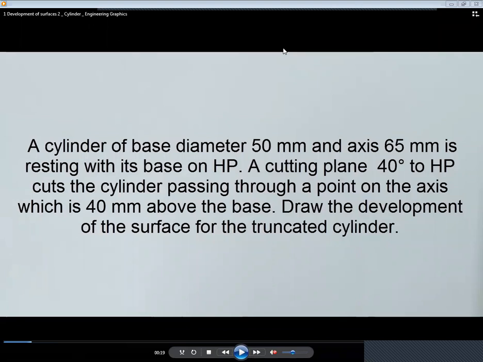The diameter of cylinder 50 means radius of the circle is 25 mm and axis length, or we can say height, is 65 mm, resting on its base